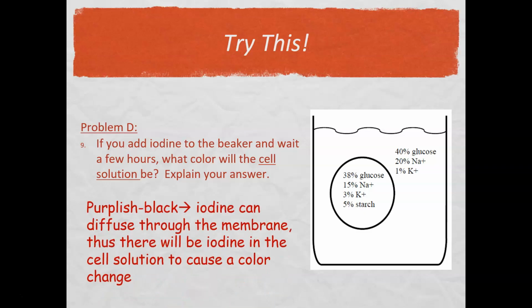And in this case, I will get that purplish black inside the cells. The iodine is permeable to the cell, so that iodine will move from where it's high outside in that beaker where I put it to where it's low. There was nothing in the cell itself, so that iodine moves into the cell, interacts with the starch that is in the cell, causing that